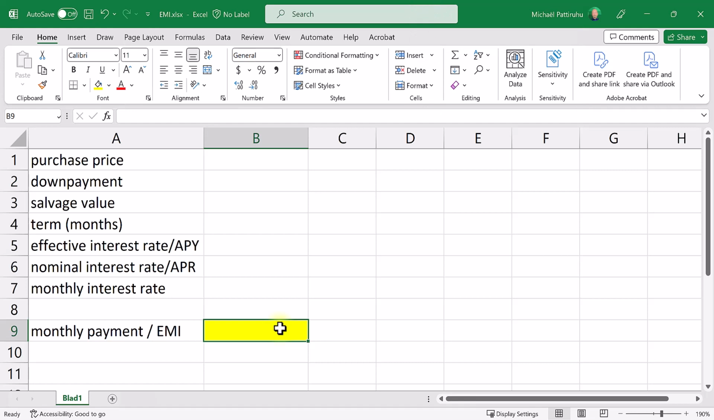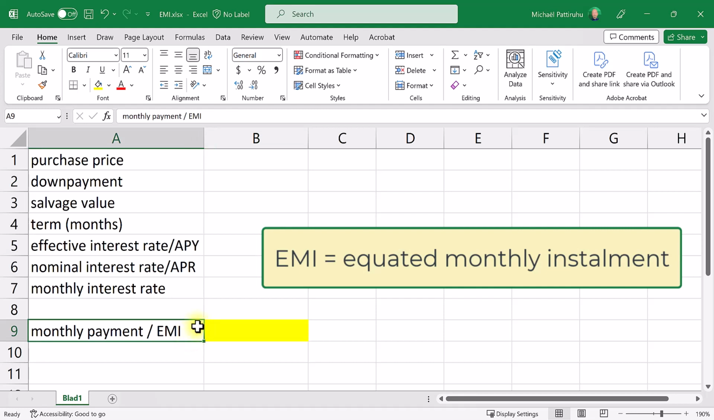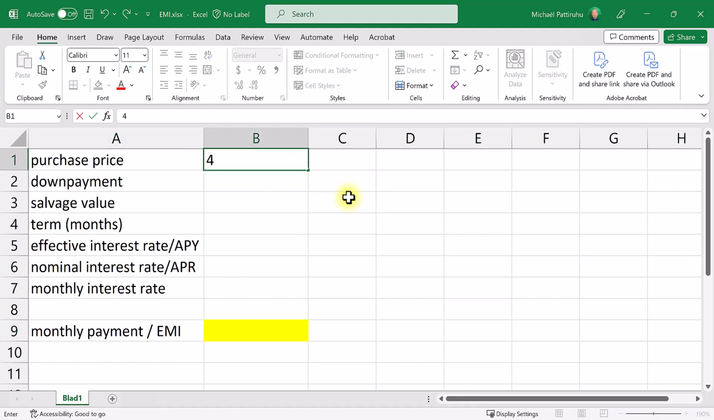In this video, I'm going to calculate the monthly payment of a loan, also known as EMI. And for this example, I'm going to use a car loan. Let's say I'm going to buy a car for $45,000 and I'm going to do a down payment of